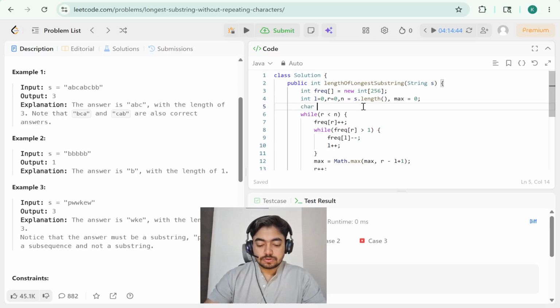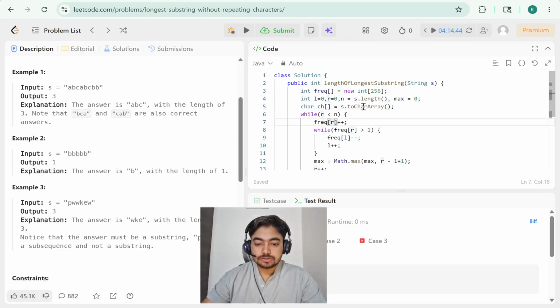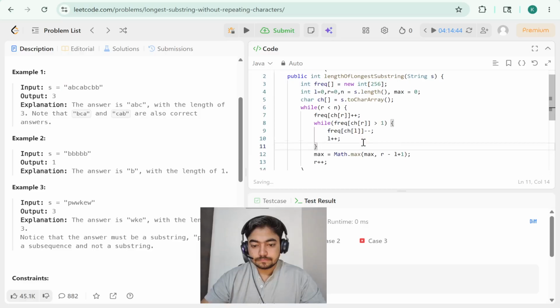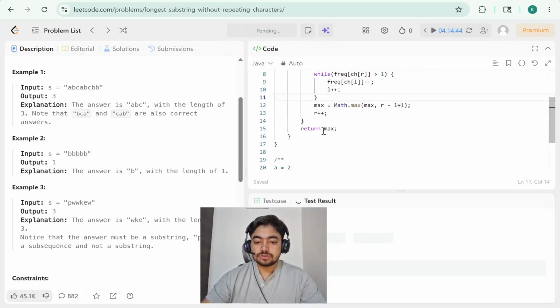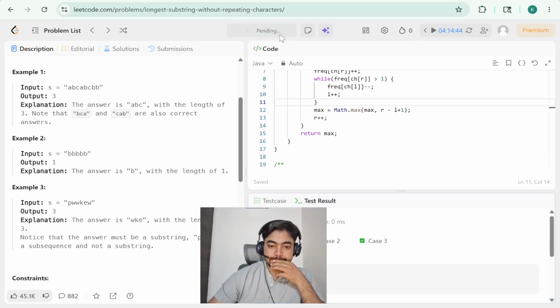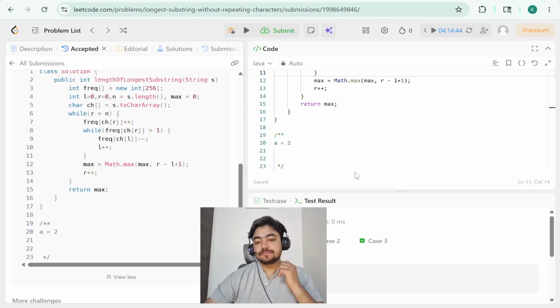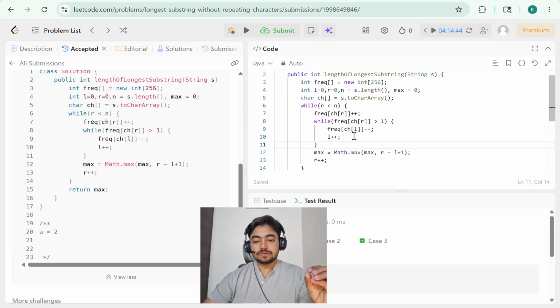So two possible options: either I should create a char array from the string and check the indexes. So something like ch of r, frequency of ch of r, and ch of l. Now this should do. Let's try to submit it. Yeah, so this works. Basically in this approach we kept track of a window and increase it in each iteration by one element,